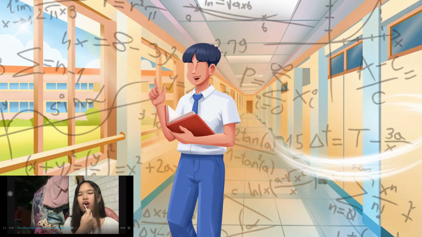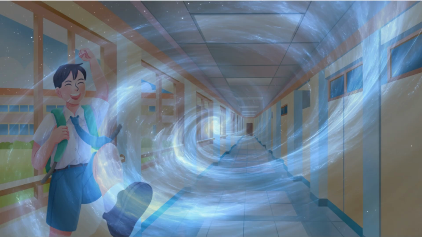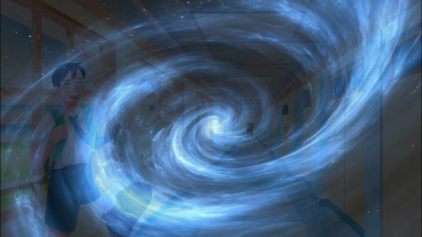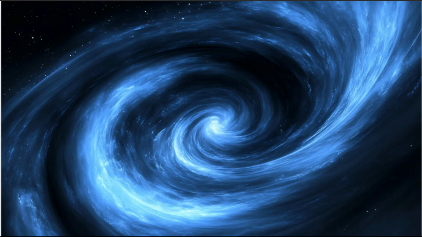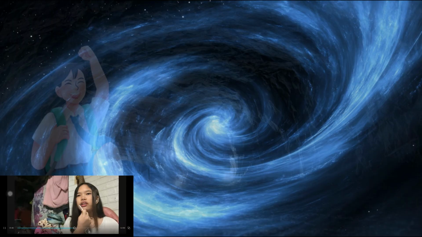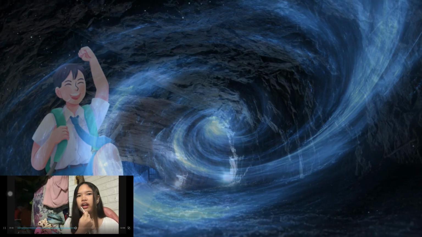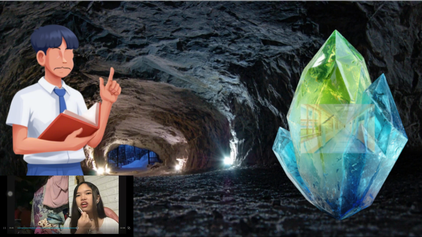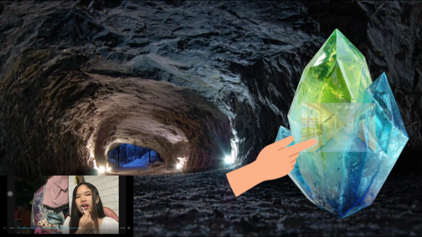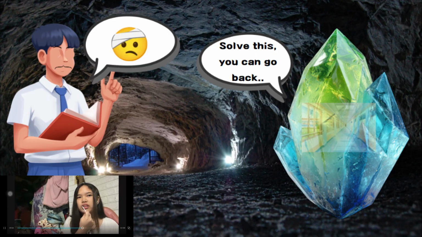He goes back to the hallway when his vision suddenly goes crazy. The hallway suddenly transforms into a cave, and there is a shining crystal on the side of the rock wall. He touches it, but he gets stung. Inside the crystal is the hallway of the school. The crystal speaks, "Solve this and you'll be back to school again."